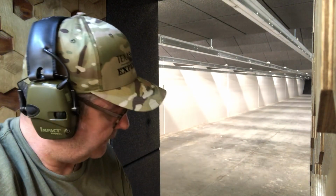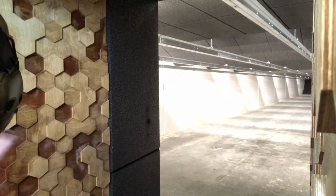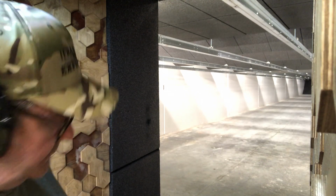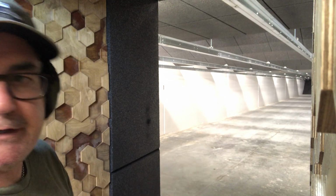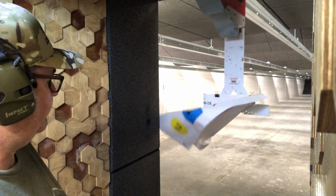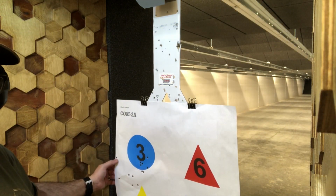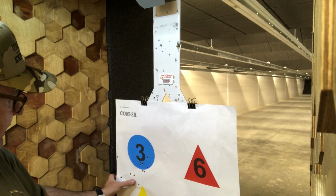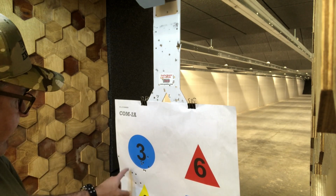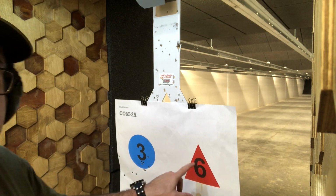Trigger feels great. I really do like that trigger a lot. This is a 3.5 pound trigger. Perfect base, you know. I just was making sure it was fire. Yeah, I was slinging them all over the place, so this is totally me. It's still not adjusted correctly, but a lot of this was me. So let's send it out to 6, and we'll shoot that, and I'll tighten it up a little bit